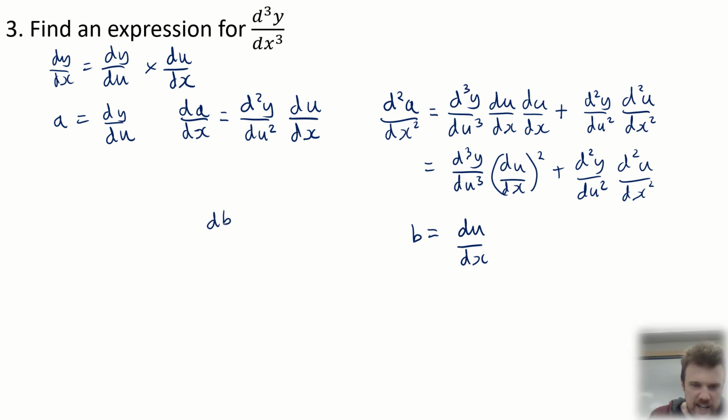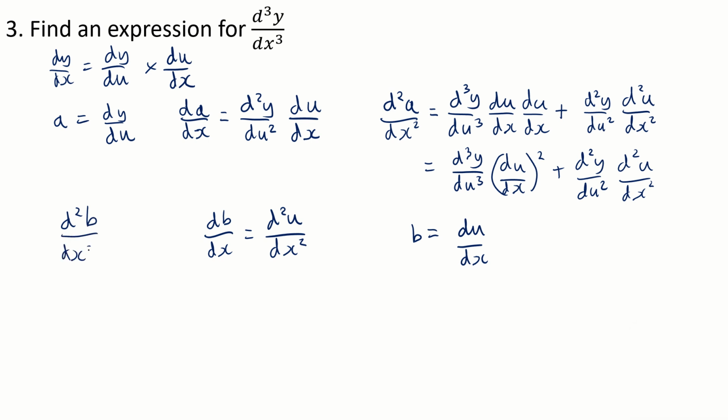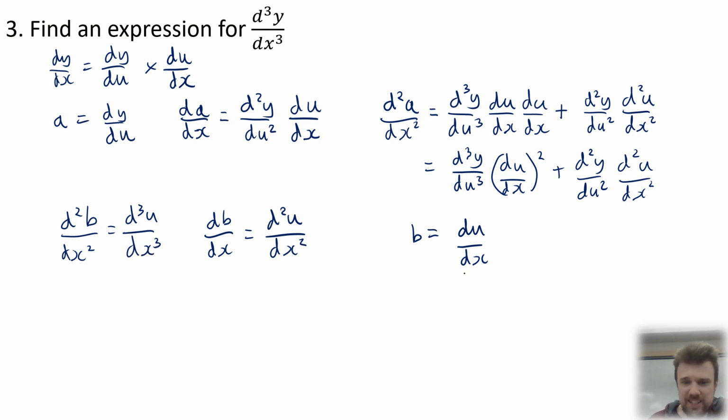So db over dx. Some of you are wondering why I'm writing it in this weird way. It's because it makes the derivatives that need to multiply by each other line up nicely. But anyway, this is nice and easy. They just go to higher derivatives for the second one. Not much thought required, which I like. d3u over dx cubed. Last part of Leibniz's theorem for higher derivatives is using the nCr binomial coefficients to multiply